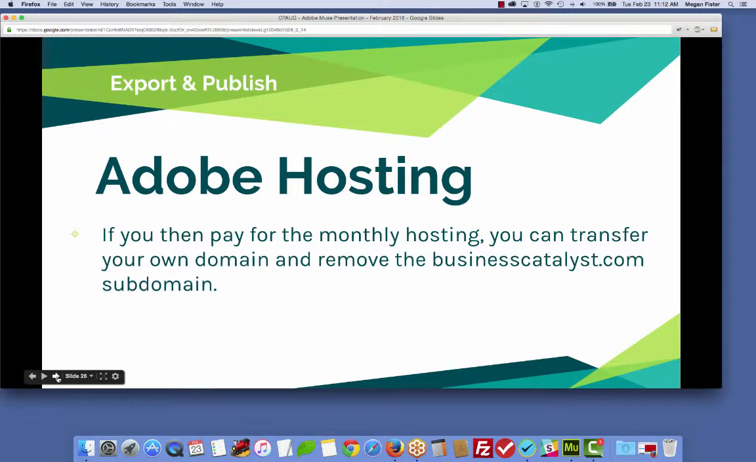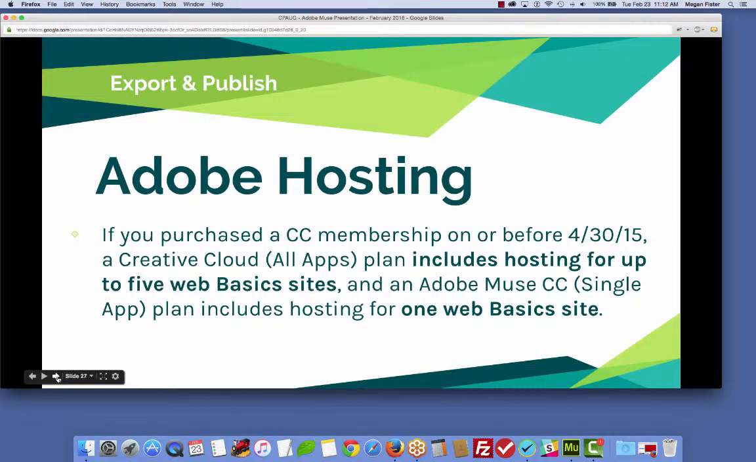If you pay them then for the hosting monthly, you can transfer your own domain name, and then you would remove the businesscatalyst.com subdomain. So you would just be like any other website that you would have. But you do get that 30-day trial, and then you can choose to make the payment to then host it with Adobe. Even better is if you purchased a Creative Cloud membership on or before